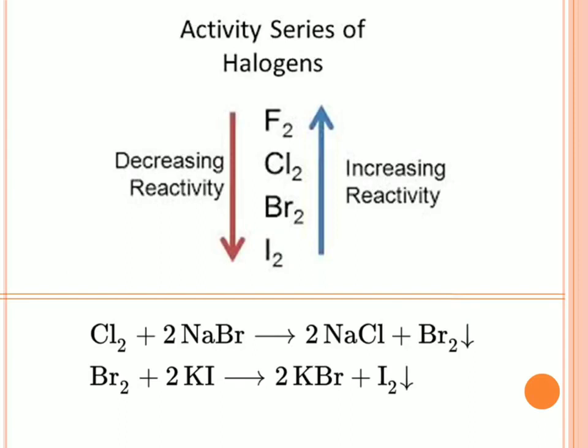Like metals, we also have the activity series for halogens in which the reactivity of halogens goes on decreasing in the order fluorine, chlorine, bromine, iodine. और इसमें भी यही मेथड अप्लाई होता है कि जो ज़्यादा रिएक्टिव हैलोजन है वो लेस रिएक्टिव हैलोजन को कंपाउंड में से डिस्प्लेस कर सकता है। Let's check two examples. Here in the first example, chlorine displaces bromine from sodium bromide because chlorine is more reactive than bromine as it is placed above bromine in the activity series. And similarly you can explain the second example also.